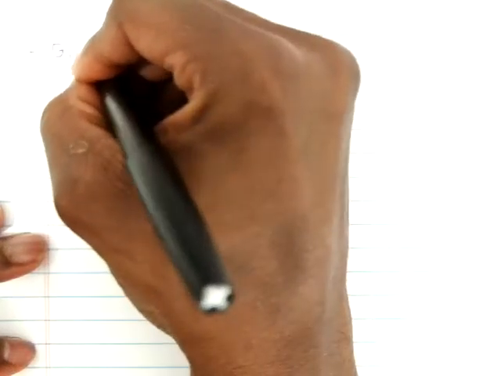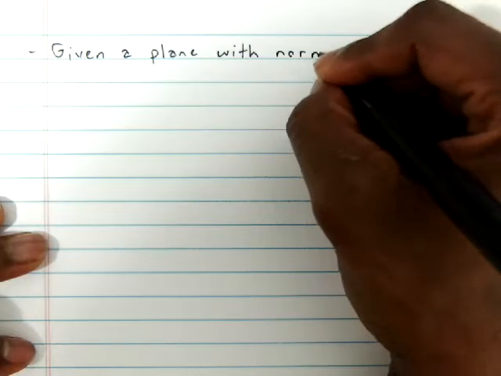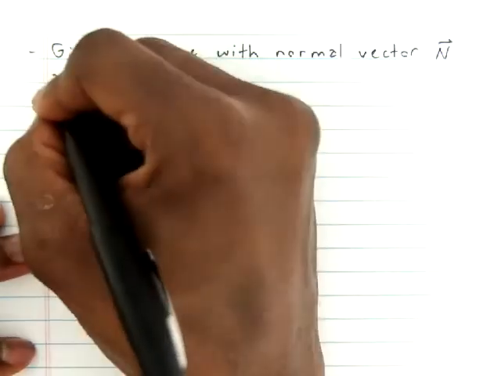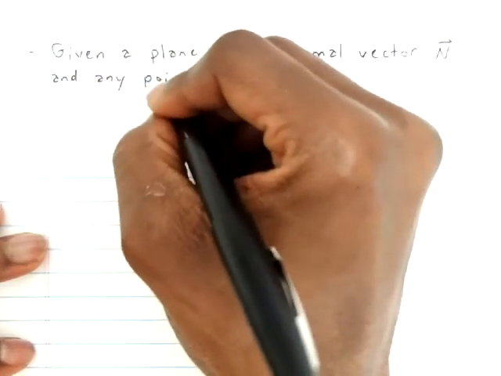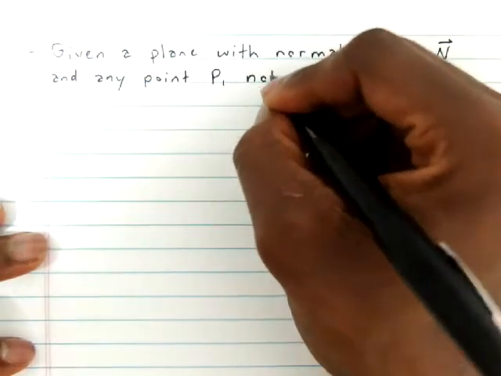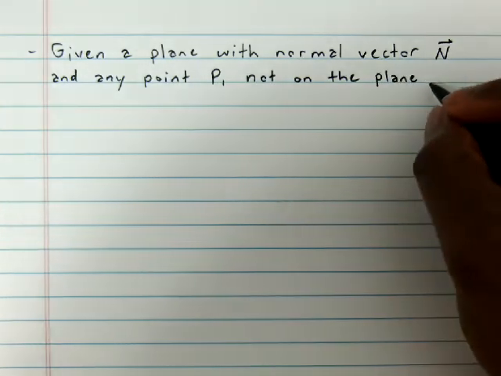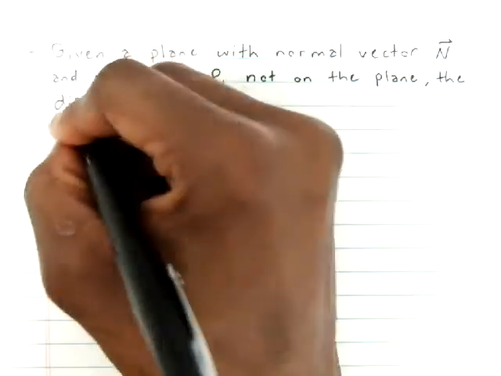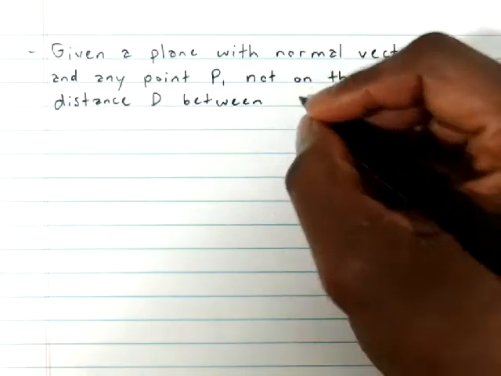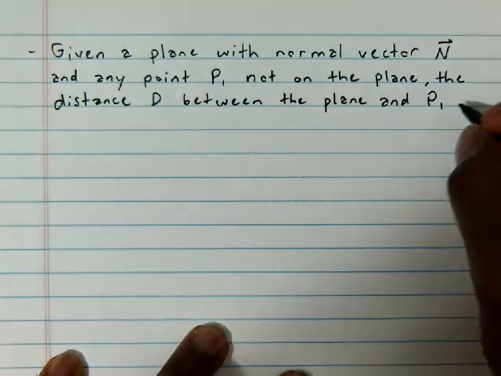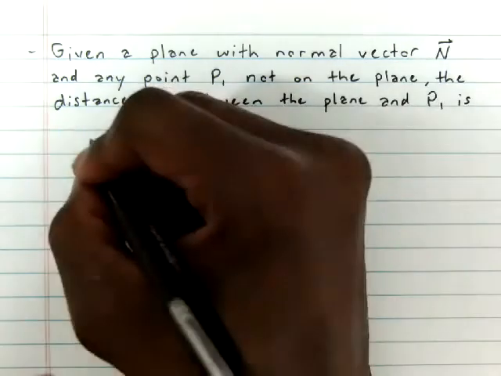So, given a plane with normal vector n and any point P1 not on the plane, the distance, capital D, between the plane and P1 is